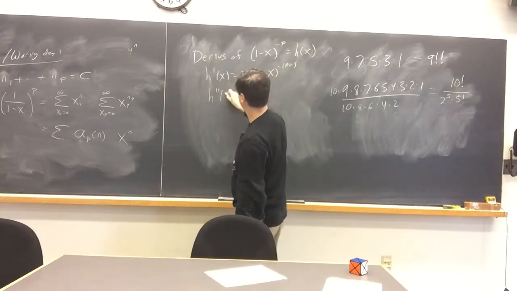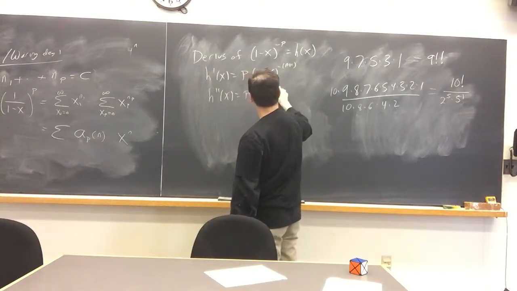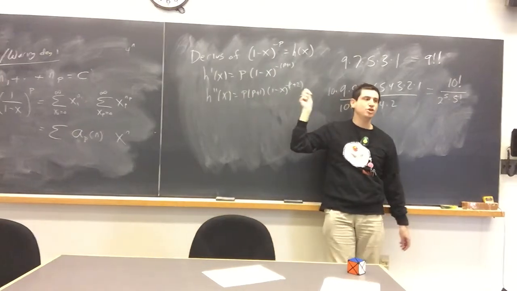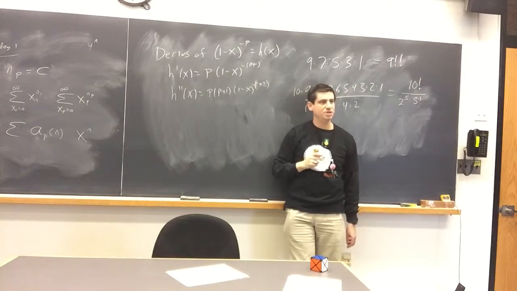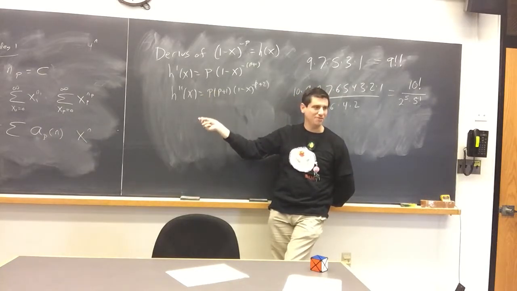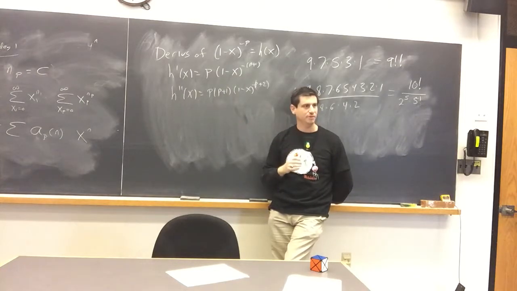And then h double prime of x would be p plus 1, 1 minus x to the negative p plus 2. And you can again see that this is looking a lot like a factorial. But it's missing some terms. So you'd multiply by p minus 1 factorial over p minus 1 factorial. You've got another factorial coming from the Taylor coefficients. And you can begin to see where the binomial coefficient is going to come from.